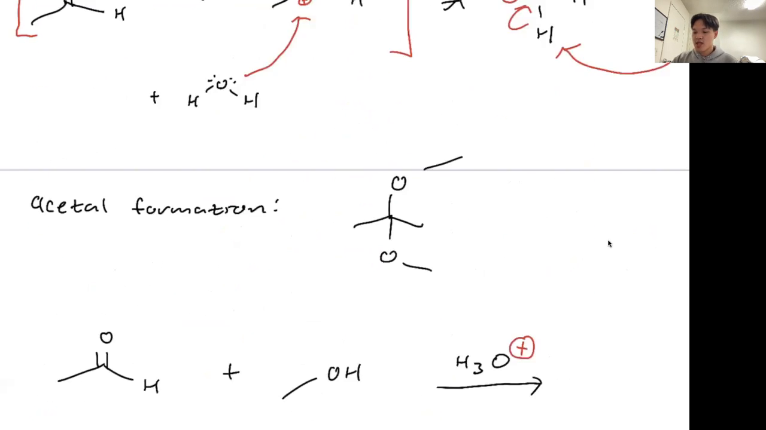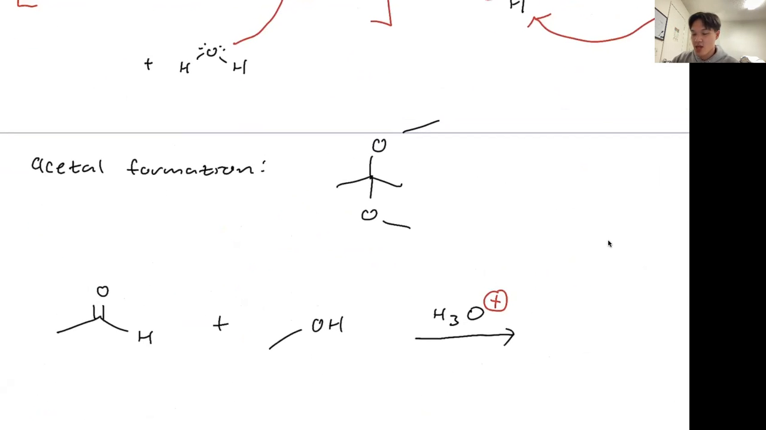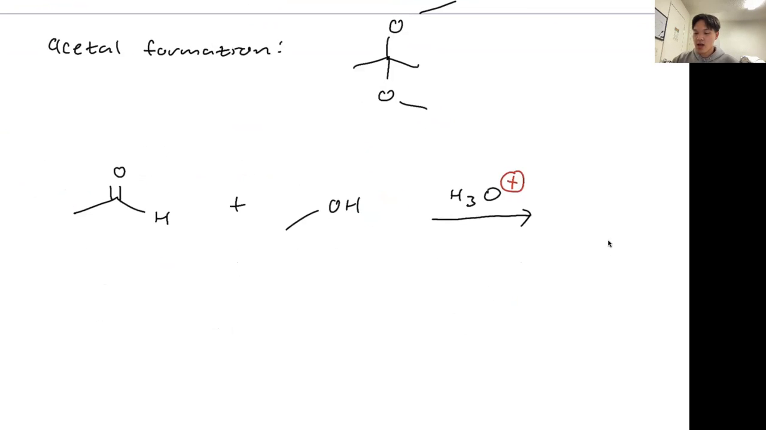Okay. So let's go into acetal formation. So this is an acetal right here. You have a carbon with an ether here. So we have two ethers, a diether. So this is actually called an acetal, right? So let's take a look here. We have